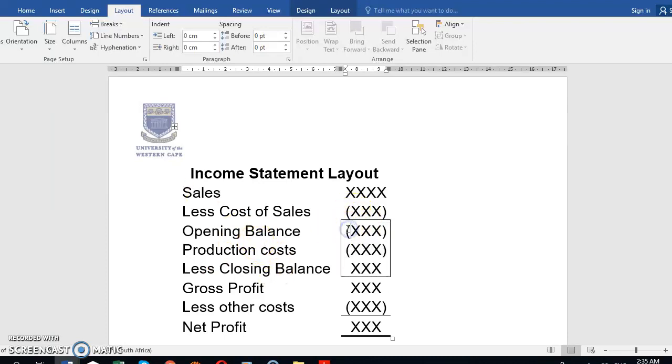So this whole block over here is used to calculate the cost of sales. And then what you have is sales minus cost of sales, which gives you gross profit, and then we deduct other costs and you end up with net profit. Alright, so this layout,